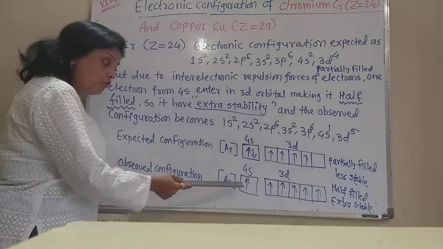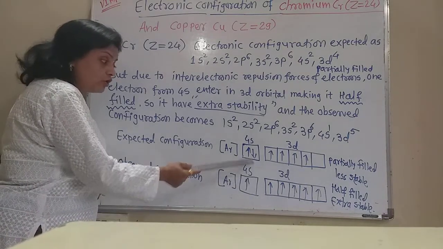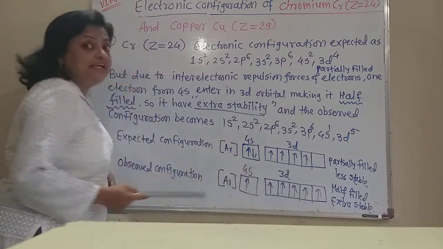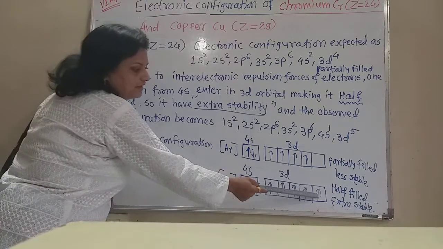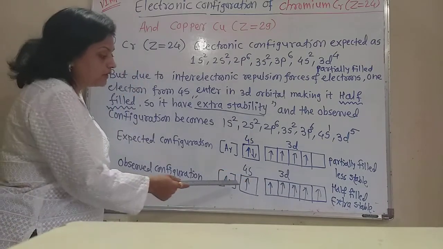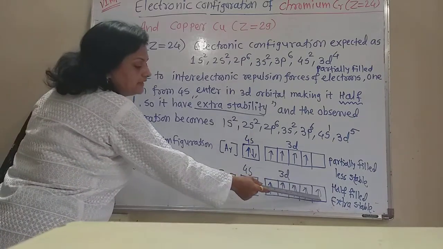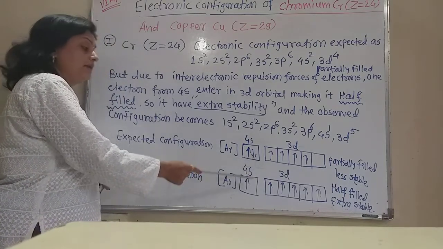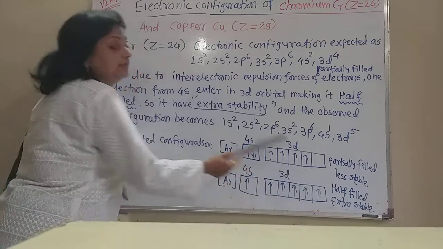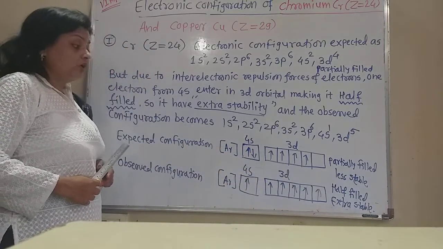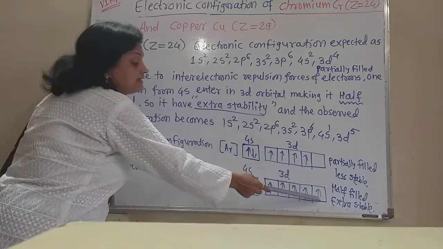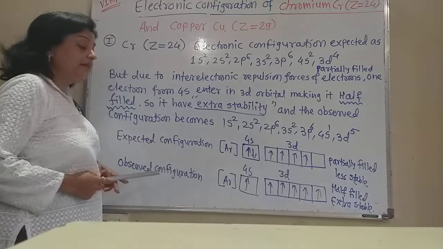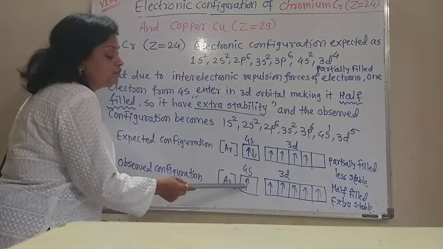Now one of the 4s electrons goes into the empty fifth 3d orbital. One of the electrons goes here with parallel spin. Though it has anti-parallel spin in 4s, when it is excited into the empty 3d orbital, it gets parallel spin. And now there are 5 electrons in the 3d orbital and only 1 electron in the 4s, but this is